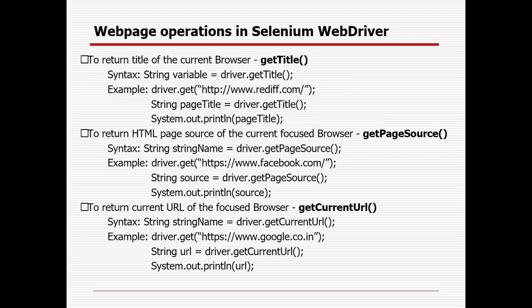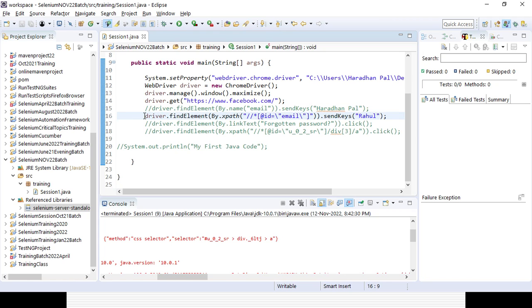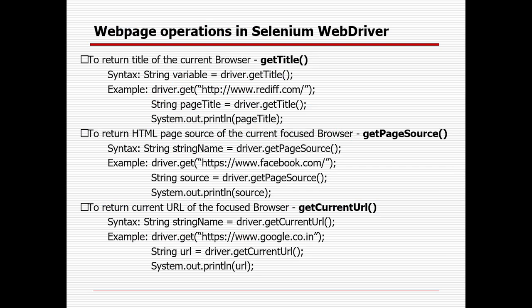Then the next one is a different kind of operation we can do with the web page. Let's try to open the Google page, and then here you can get the title of the page, get the page source, get the current URL, with the help of these methods. Get title will give you the title of the current browser page. Page source, in case you want to get the page source, meaning the code, all this stuff you can open with it, and you can also get the current URL with the get current URL method.